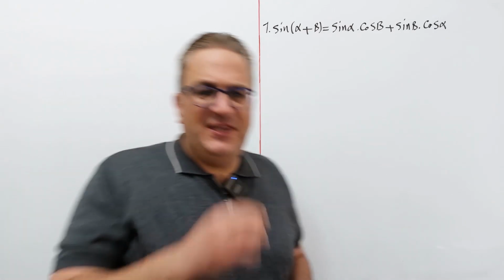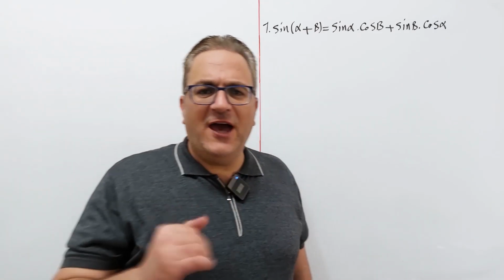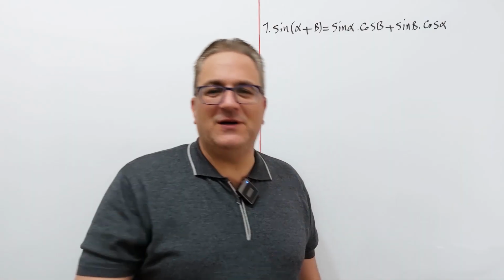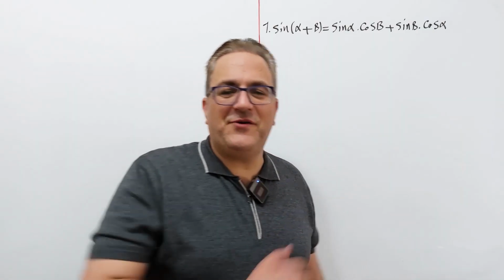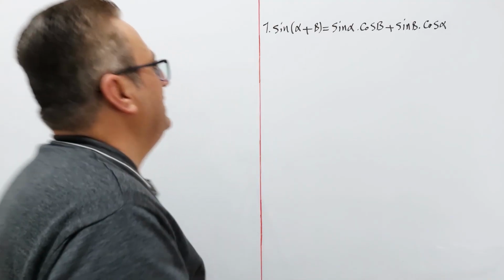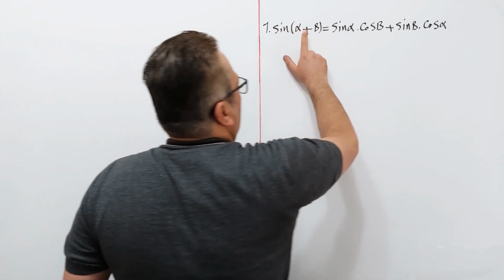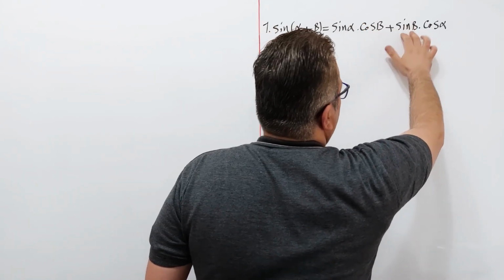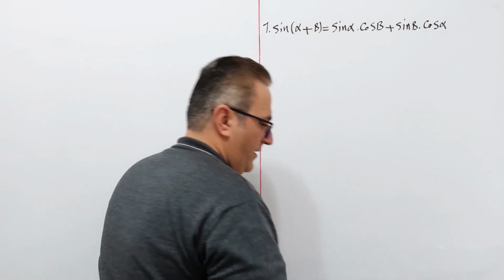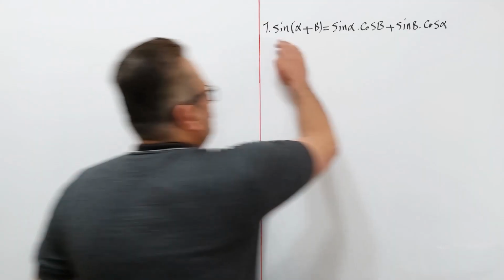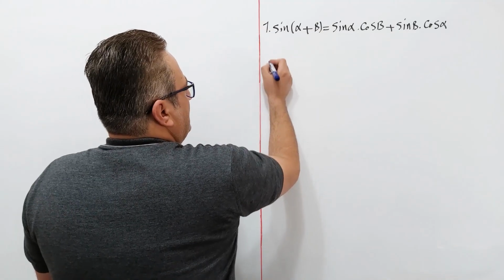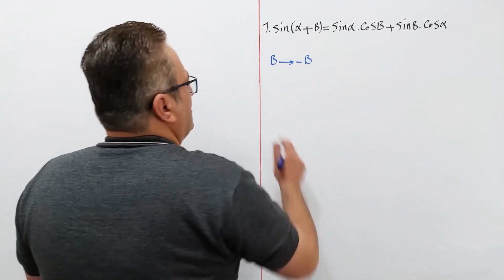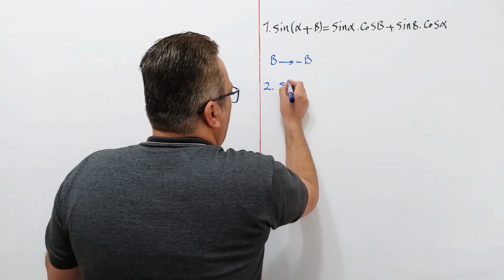So we accept these formulas without proof and you need to memorize them. But don't worry, we'll do so many examples with them that they'll become ingrained in your mind. So sine of alpha plus beta is equal to sine alpha times cosine beta plus sine beta times cosine alpha. And according to this formula, if instead of beta we have negative beta, so we have number 2, sine of